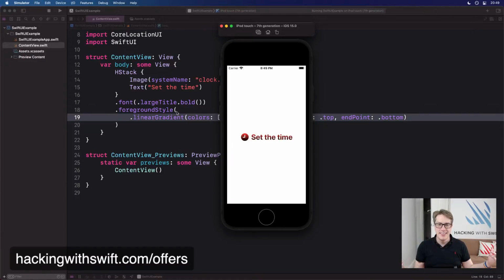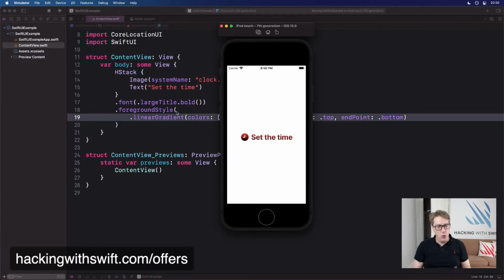Boom. Beautiful. Super easy to do too. And honestly, it couldn't get much easier, quite frankly, to do these kind of complex effects now. But to do it before, you'd have to do a background, or a mask, sorry, with your gradient and mask text over it. It was more complex, which is great.